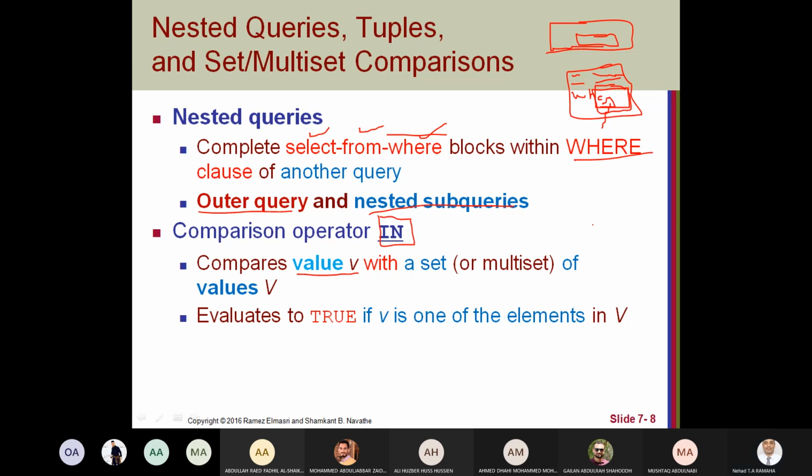Okay, this is the meaning of set or multi-set. We talked about it last time, so we don't need to repeat it. So IN compares a value with a set of values returned from the inner query or subquery, and evaluates if this value exists in the result of the subquery, then this will return true for the where condition.